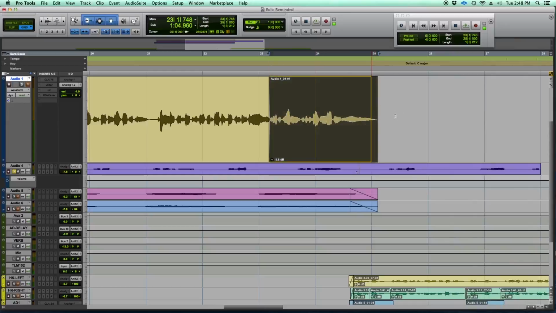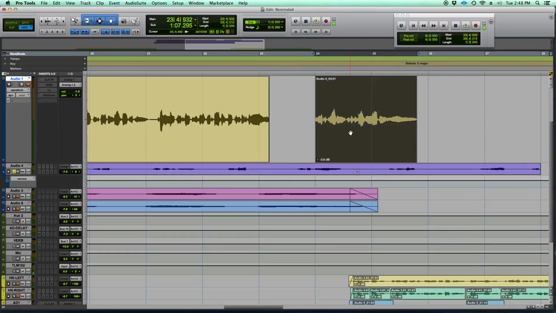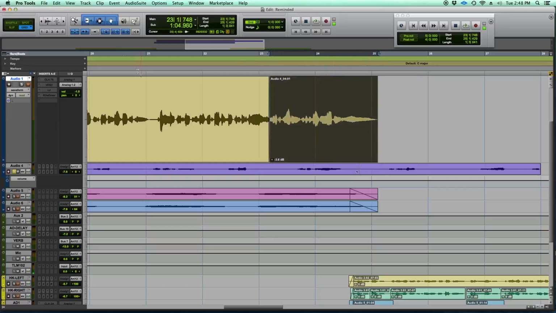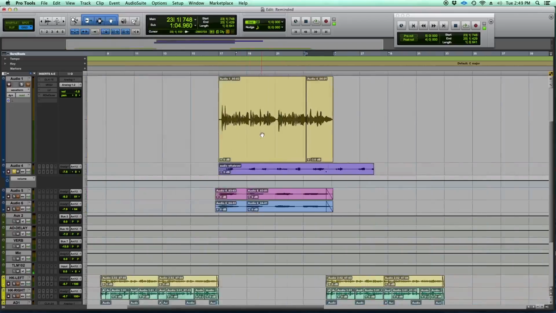So as you can see here, you can edit, trim it, you can select it, and you can grab it all at the same time. So the Smart Tool is the best way to go when using Pro Tools, in my opinion. Unfortunately, the zoom tool and the scrubber tool and the pencil tool are not involved in the smart tool. But I mean, these three tools are what you're going to be utilizing the most in Pro Tools to make